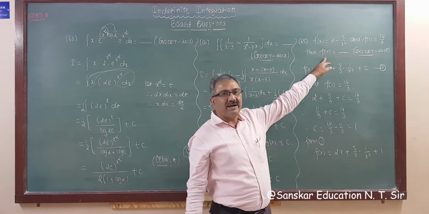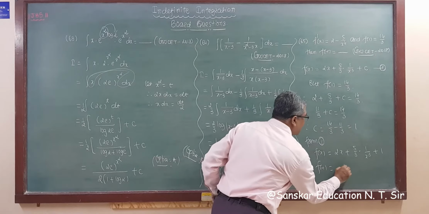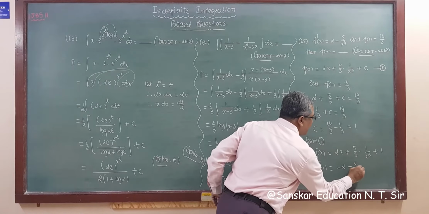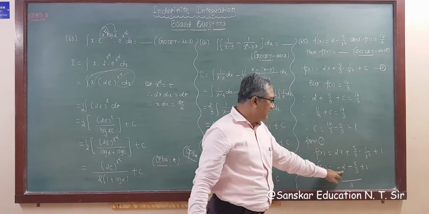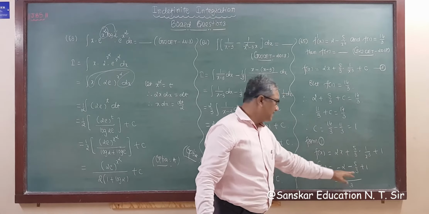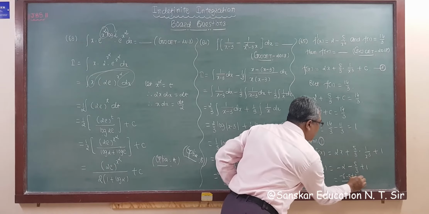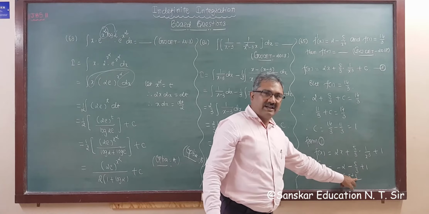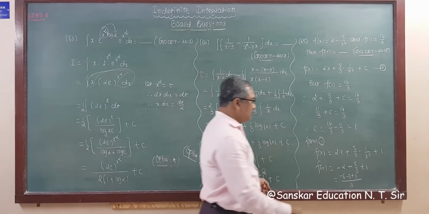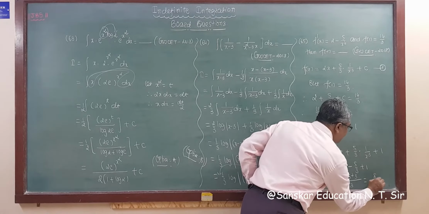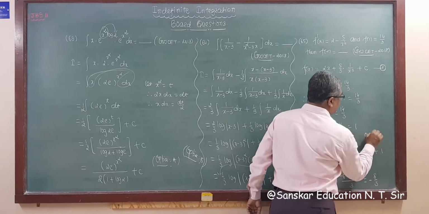Now we need f of minus 1. So substituting x equal to minus 1 here, we get f of minus 1 is minus 2 minus 5 by 3 and plus 1. So taking 3 as LCM, minus 6 minus 5 plus 3. So minus 11 plus 3, that is minus 8 by 3. That is your answer. So f of minus 1 is minus 8 by 3, and in your options it is given as option C. So option C is your correct answer,